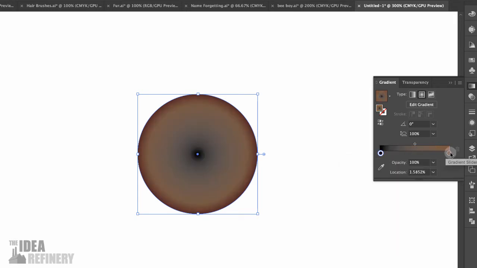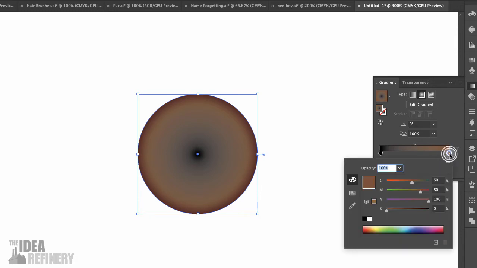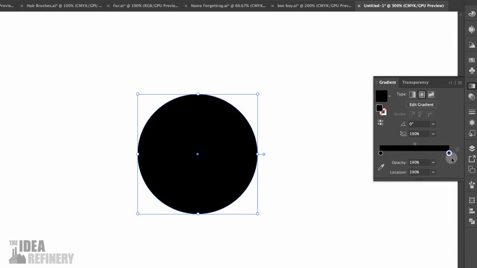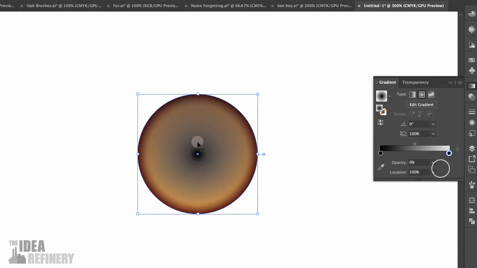I'm going to do the same with this second color stop on the right hand side, double click it and make that black as well. However, I'm going to change the opacity of this second color stop on the right from 100% down to 0%. And you can see what's happened here. I now have a black opaque center radiating out to a transparent black on the outside,